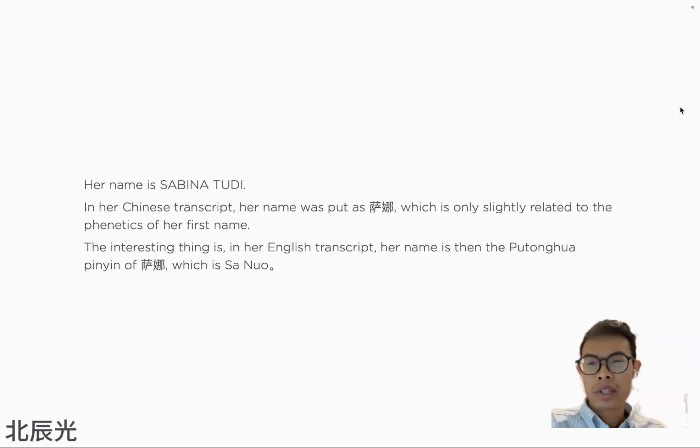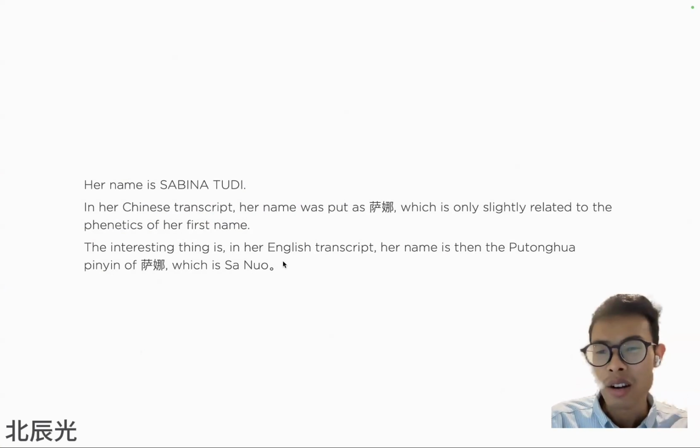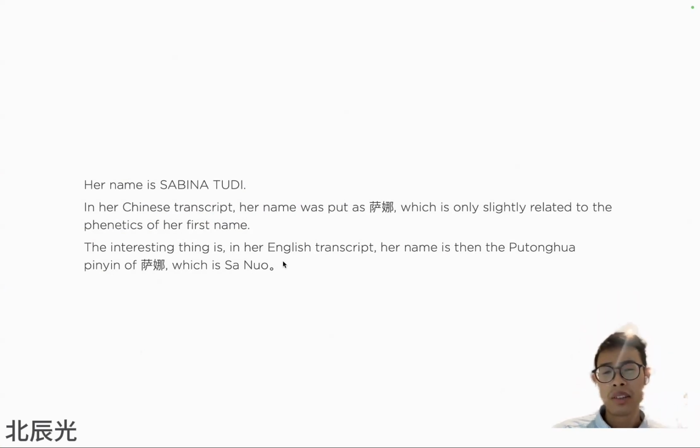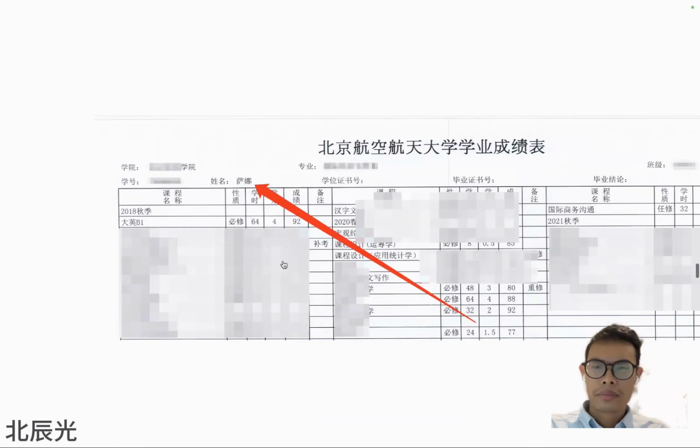In her Chinese transcript, her name was put as this one, which is only slightly related to the pronunciation of her first name. And the interesting thing is, on her English transcript, her name is the Putonghua pinyin of Sana, which is Sanu.